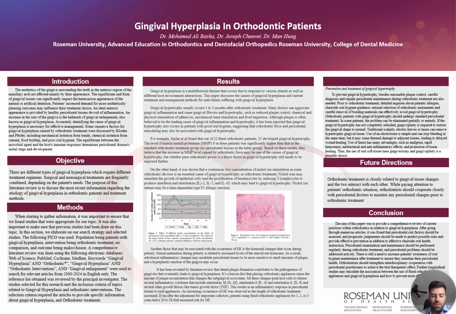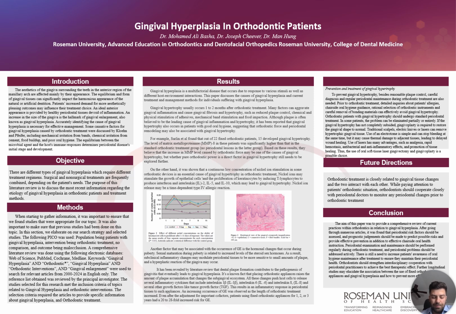It has been revealed by literature review that dental plaque formation contributes to the pathogenesis of gingivitis that eventually leads to gingival hyperplasia. It's a known fact that placing an orthodontic appliance raises the amount of plaque accumulation that changes the subgingival ecosystem. All these changes push host cells to release several inflammatory cytokines that include interleukin beta, interleukin 6, interleukin 8, and several other growth factors like tumor growth factor, TGF, that result in an inflammatory response in periodontal tissues to